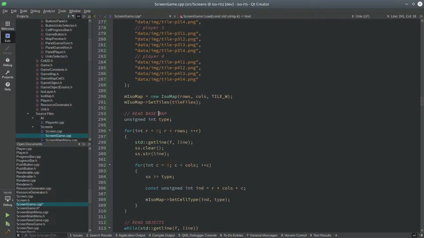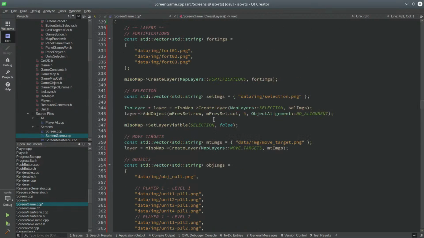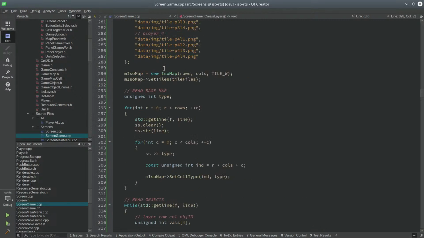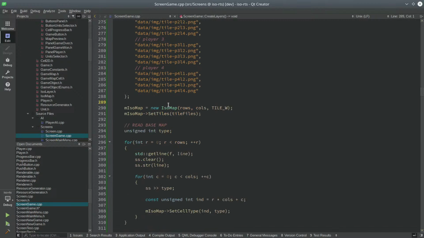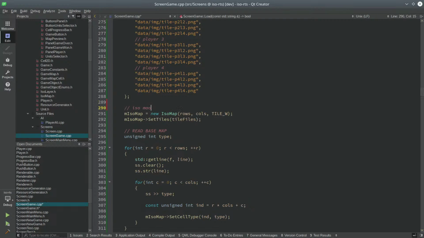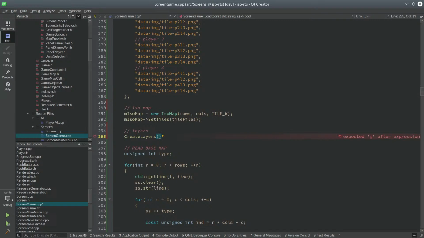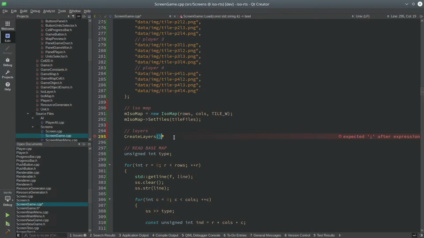Let's go down to load, create layers. Okay, sounds good. So up, layers, that's fine. All right, we create the layers here,